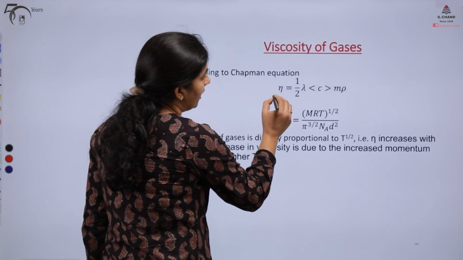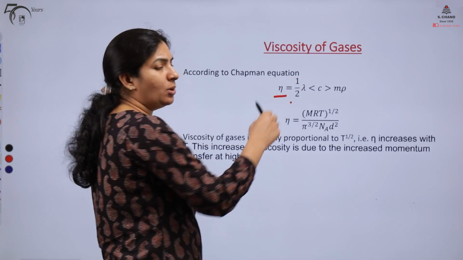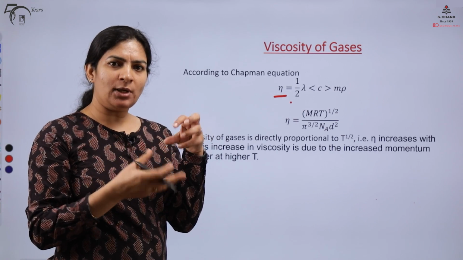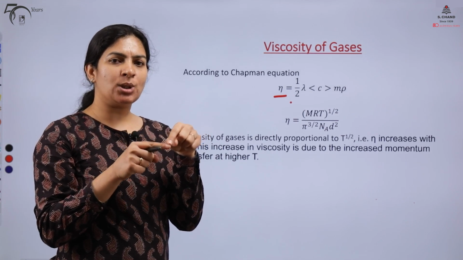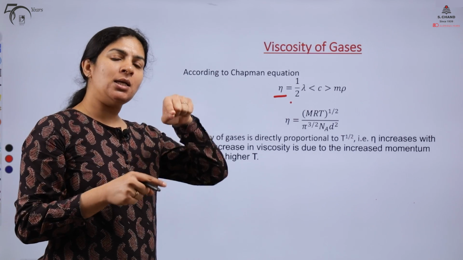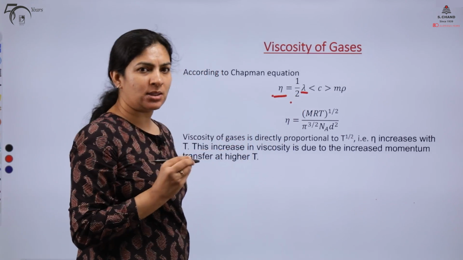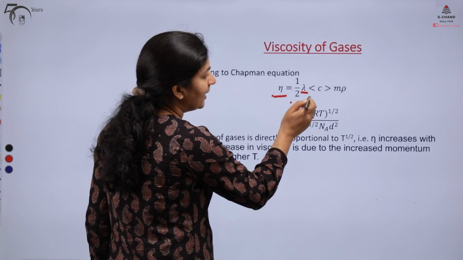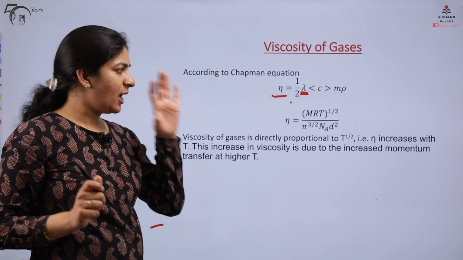Now, viscosity of gases according to Chapman's equation is related to lambda. So, again try to form a link: we calculated the collision number, we related the collision number to mean free path, and now we are relating that mean free path to viscosity. Viscosity is related to mean free path like this, and inserting the expression of lambda over here, we find a very important